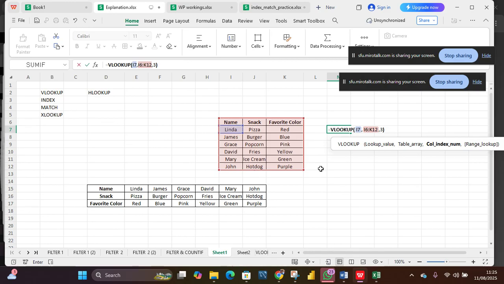Yes, I said, what is now the favorite color of the person I mentioned? I mentioned Linda. So what is the favorite color? Red. Red is simple because I said VLOOKUP, the lookup value is Linda, and I highlighted from name to favorite color. And I said, okay, find column 3, which is favorite color, and tell me the answer. So if I click on enter,